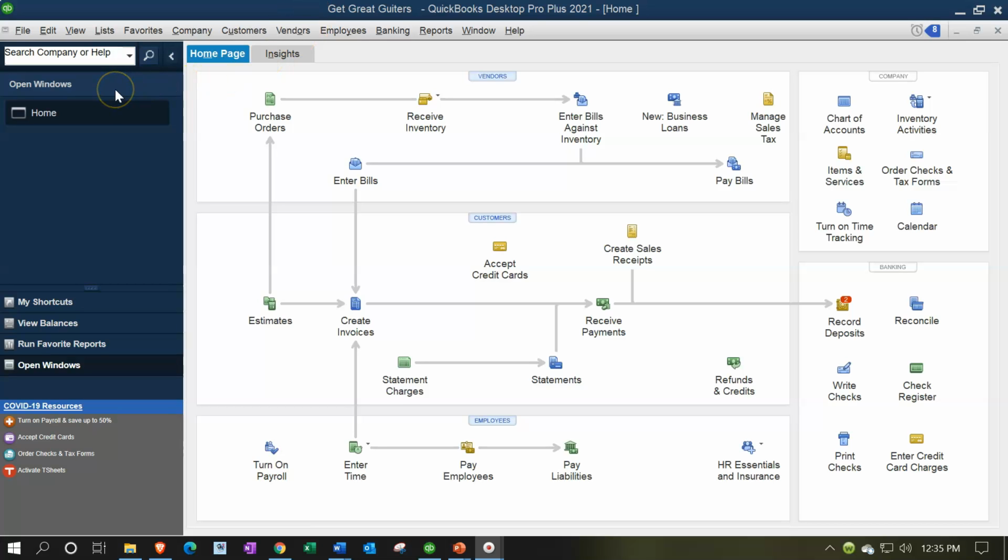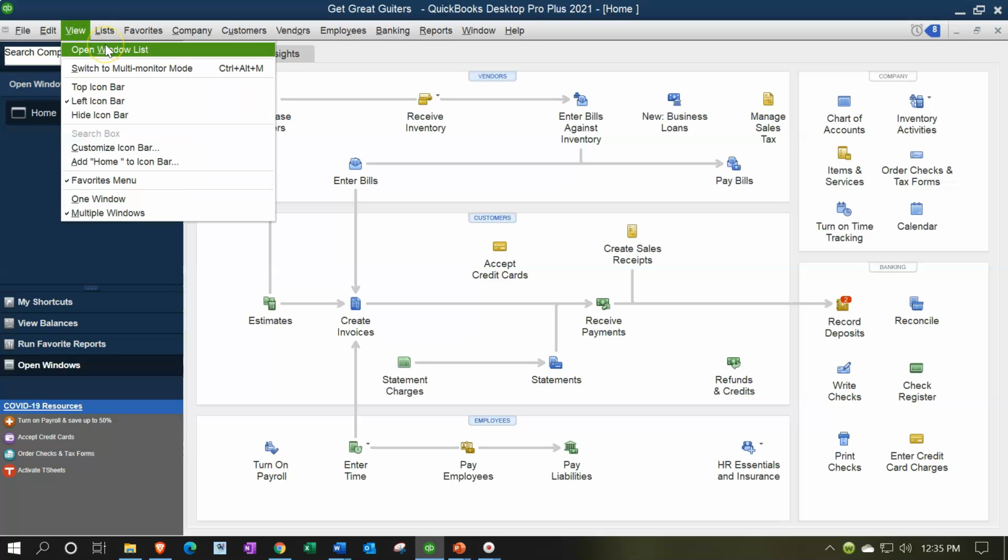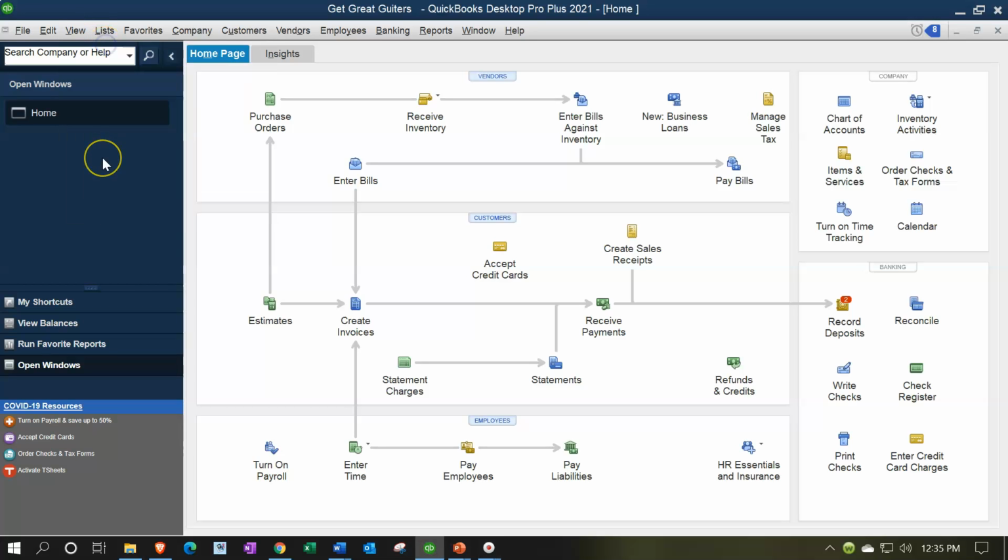We currently have the Open Windows open. You can open the Open Windows by going to the View drop-down, selecting the Open Windows list. We now want to take a look at the Accounts Payable graph, which is going to be supporting the major financial statements of the balance sheet and the income statement, more specifically the balance sheet line